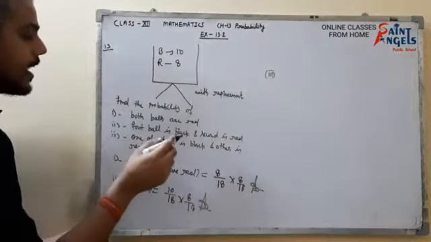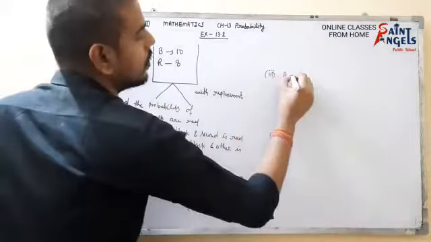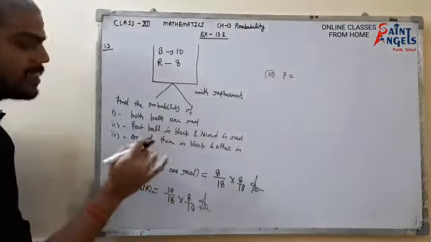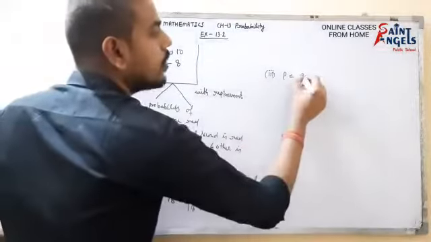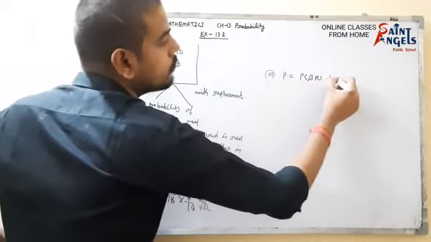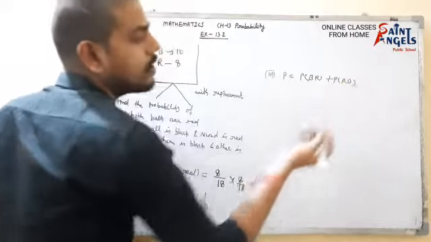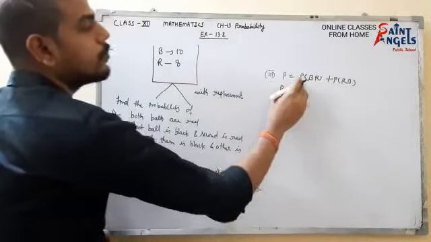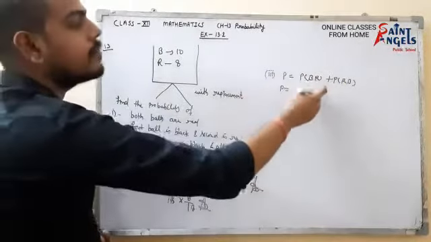Now the third part is: one of them is black and the other is red. Okay. So one of them is black and the other is red. It means that the first ball is black and the second is red, or the first is red and the second is black. So we have to find the probability of these cases. So P(B then R)